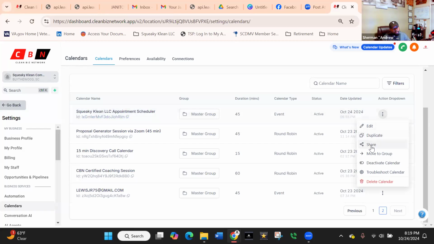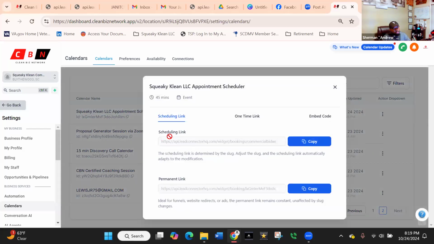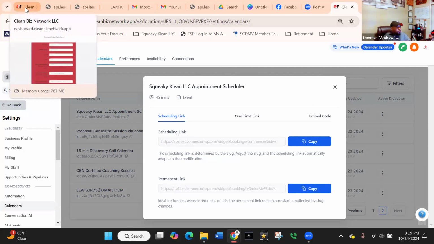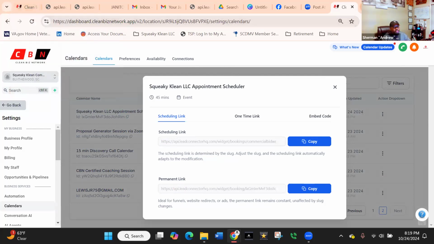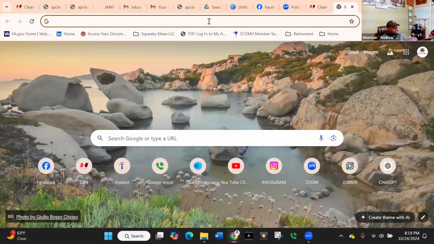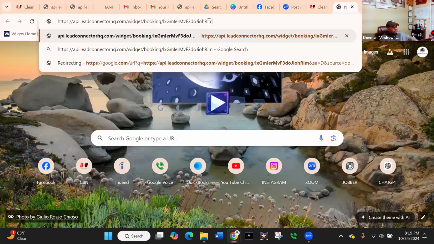You'll click share. Once you click share, there are two options. There's a scheduling link, there's a permanent link. You want to click and copy that scheduling link. It says copied up there. So now what you are going to do is when you go back, and matter of fact, I'm going to show you what it looks like so you know what we're going to be looking for. Because I copied that link,